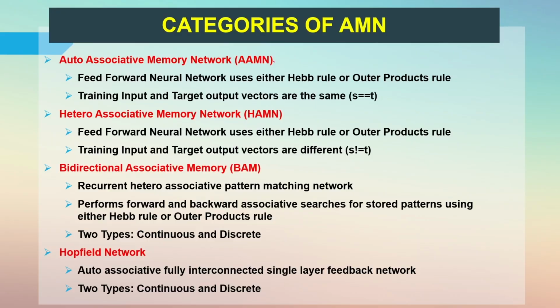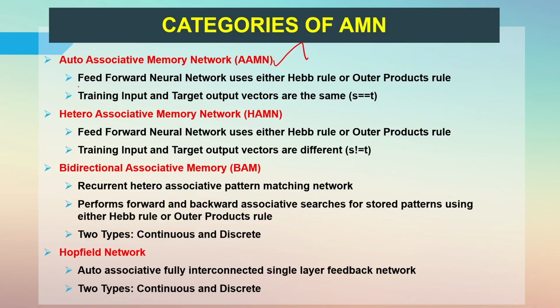The first kind, auto-associative neural network. As I said earlier, whenever you want to study any neural network model, the first thing you should remember is the architecture of that model. Following the architecture, you should know the equations that are responsible for the execution of that model. Equations may be in the form of weight updation, because the weights play a vital role in almost all categories of neural networks, and AMN is not an exception.